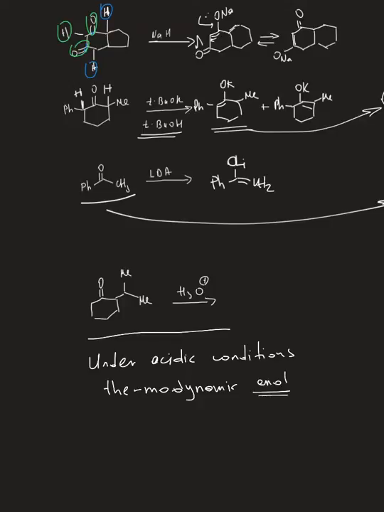Because in this case, under acidic conditions, we won't form the enolate. And the thermodynamic enol is the one that has the highest substitution, okay? So, in this particular scenario, that thermodynamic enol will be